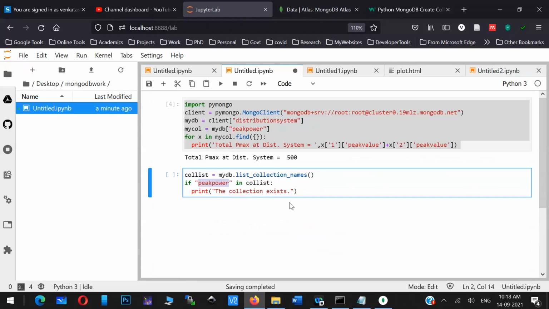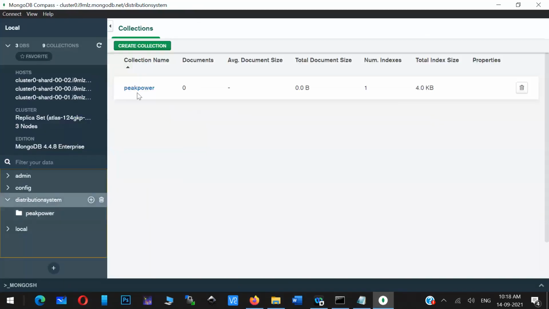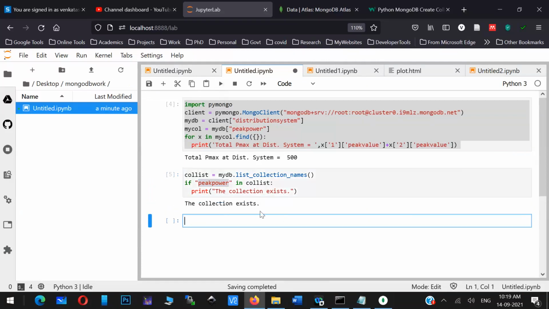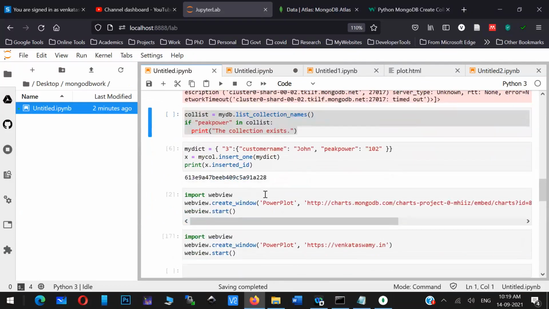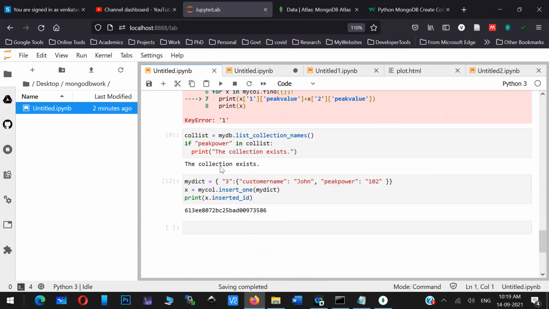So you can take the collection list. So in our case, only one collection is there, correct? In distribution, only one peak power is there. You can test whether that peak power is there or not using this command. Okay, so now even if I execute, it says the peak power exists. Otherwise, it won't come inside that particular if block. So the next command is basically the insert operation.